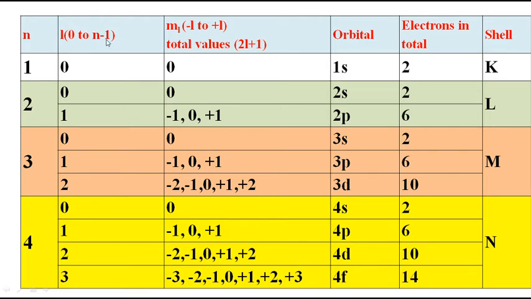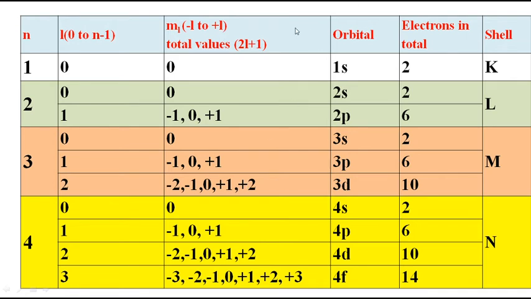And the number of orbitals you can calculate like this, or you can calculate 2l plus 1 orbitals. 2l plus 1 means 2 into 0 plus 1, so 1 orbital it can have. For l equal to 1, 2 into 1 plus 1 is 3, so that is why we get 3 p orbitals. Got it? For the total number of orbitals you can use this formula 2l plus 1, and for orientation you can use this formula.